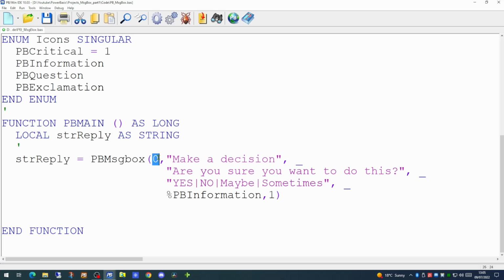And we're giving the user a choice of 4 options: yes, no, maybe, and sometimes. These are delimited by a pipe character. So what we will want the function within our DLL to do is to display 4 buttons on the screen, each of them with this as the text on the button. And we're going to tell it that we want to use the information icon and we want the default to be button number 1, in this case the yes button. So now that we have our test framework set up, we need now to code the DLL. So we will pick a DLL framework.